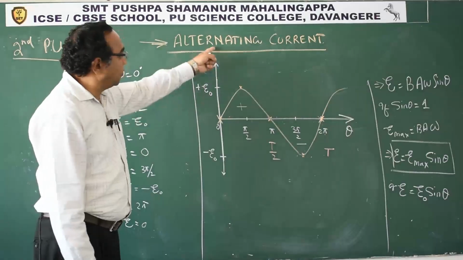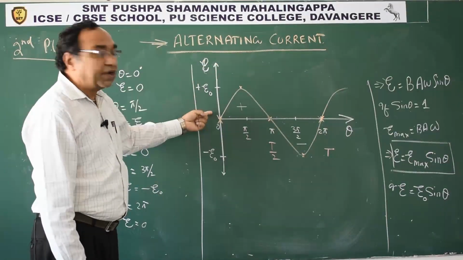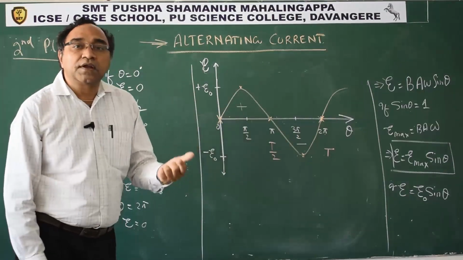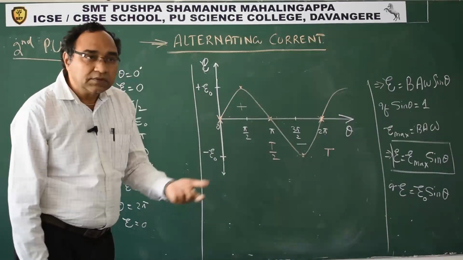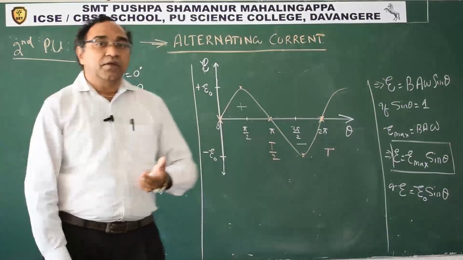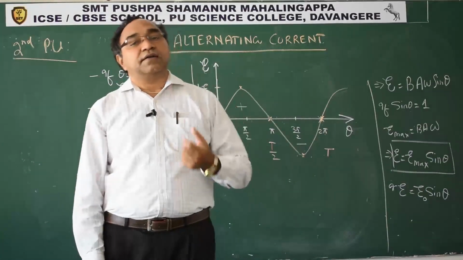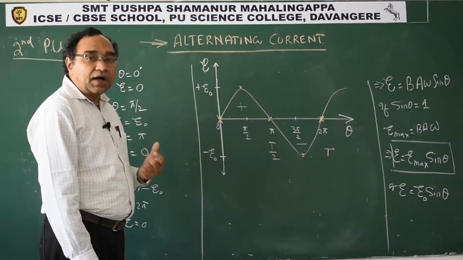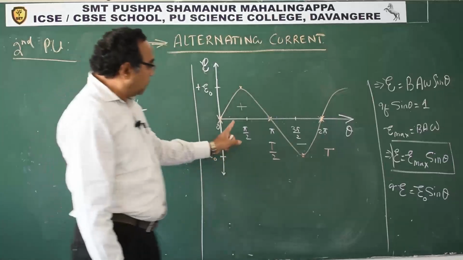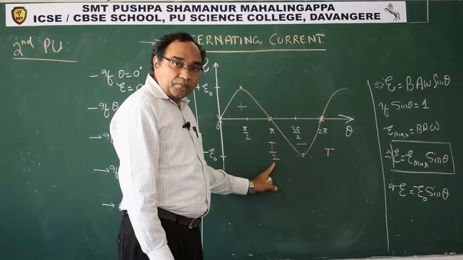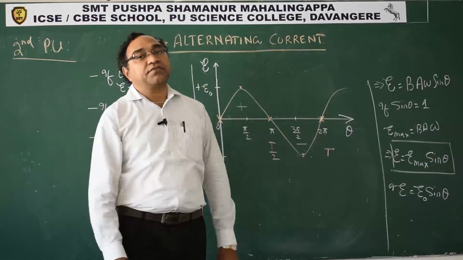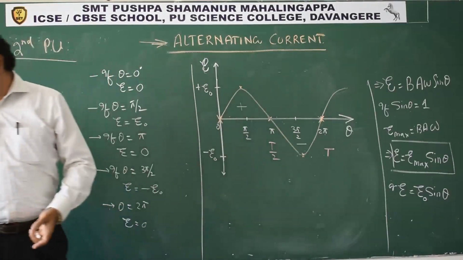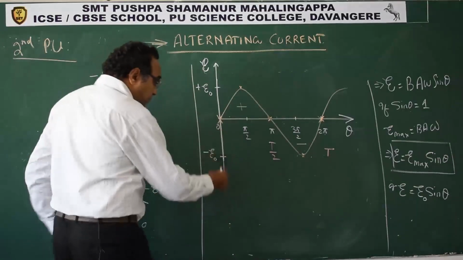alternating. That is why alternating. This is alternating EMF divided by resistance of the coil, you get alternating current. So what alternates? Polarity of that current source is reversing every half cycle. So what we can say, T by 2. That is exactly what is the meaning of alternating current. Here we got EMF, na? So if you say you want current, no problem.